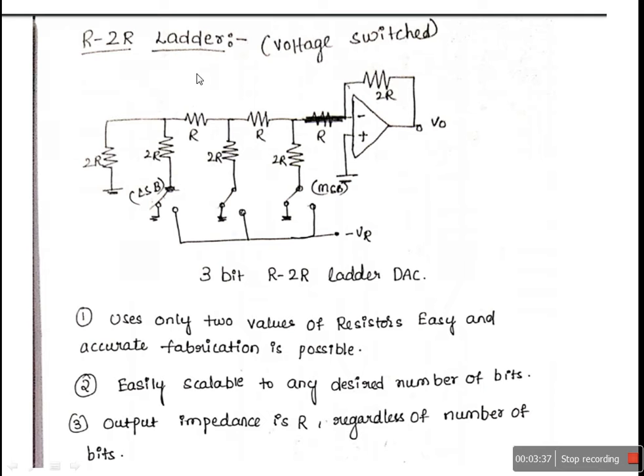By using this R-2R ladder, we can convert any number of bits into the equivalent voltage with the usage of only two resistor values, R and 2R, connected in series and parallel. So it is easily scalable to any desired number of bits, and the final output impedance is independent of the number of bits. In the weighted resistor type we had the disadvantage that as the number of bits increases, we increase the resistor value according to the positional weightage, up to 2 power n R. But in this case that is not needed, since we use only R and 2R. That is the reason it is easily scalable. Now we will calculate the output impedance.